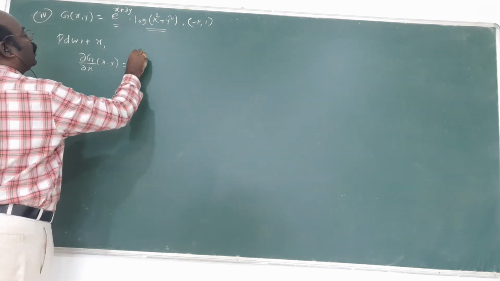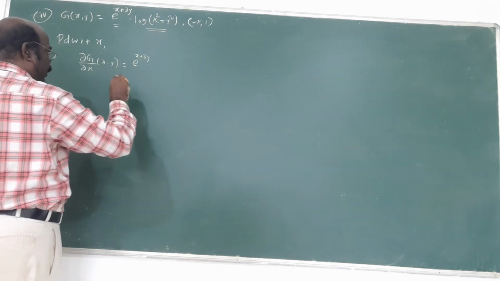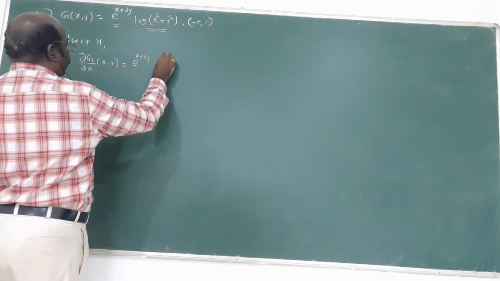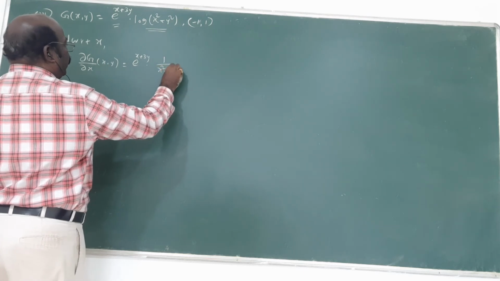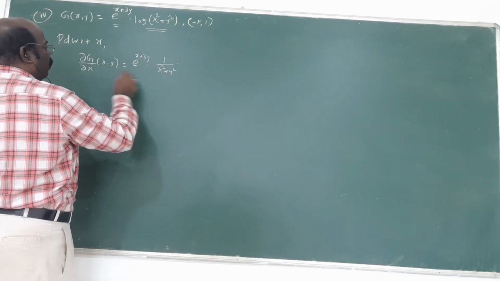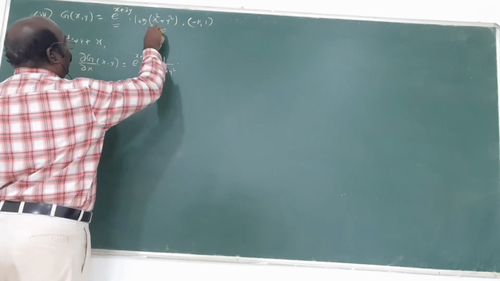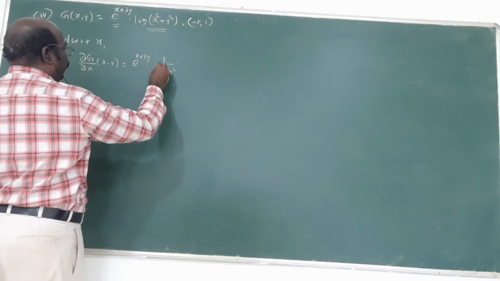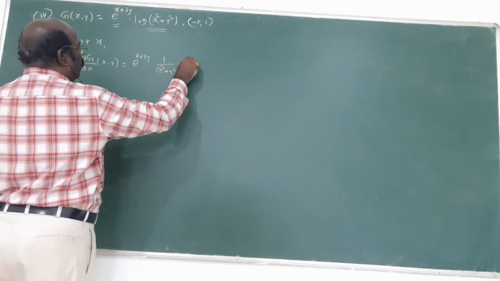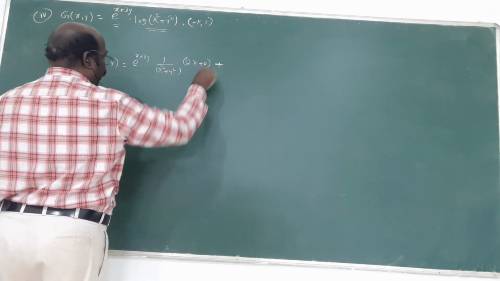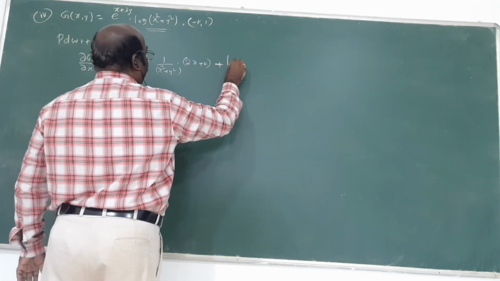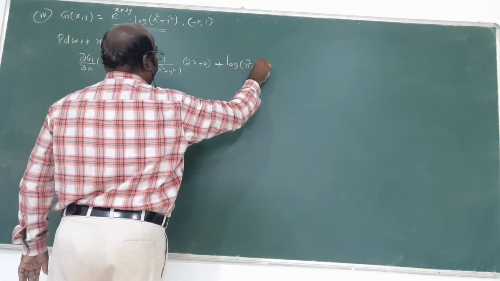So e power x plus 3y is constant. Log of something gives 1 by something into derivative of something, 2x, plus 0, plus log of x square plus y square into